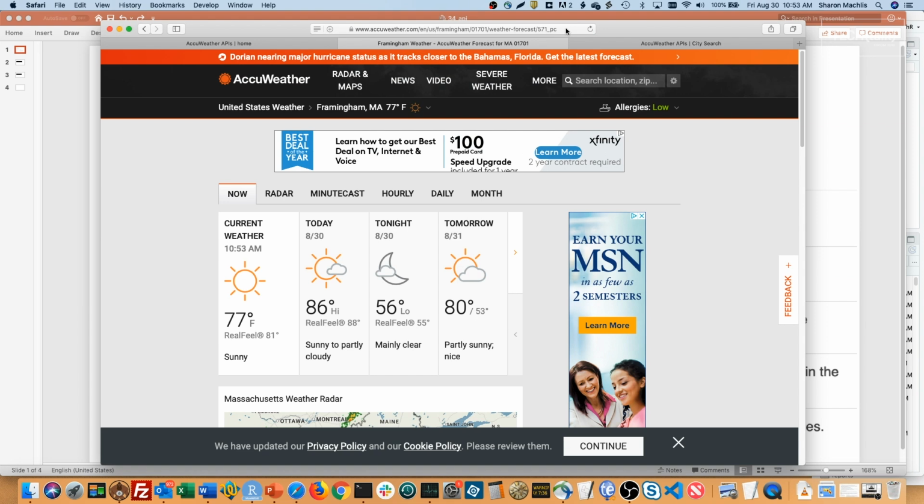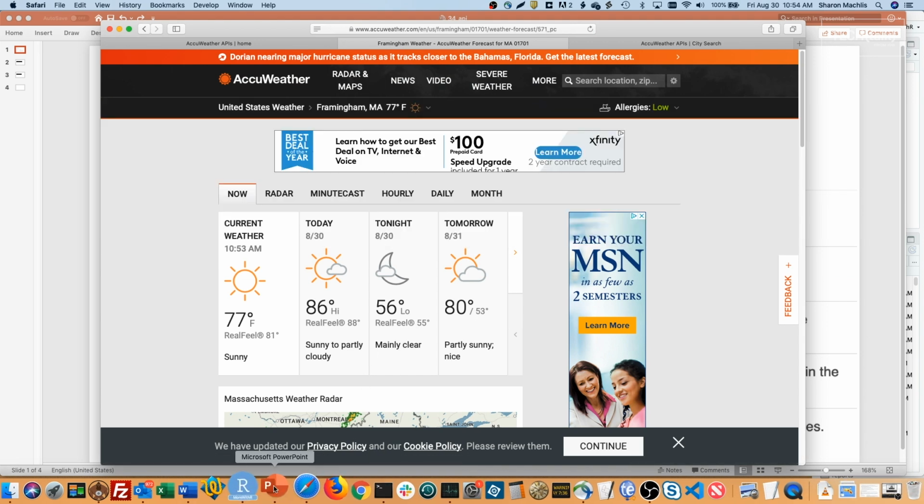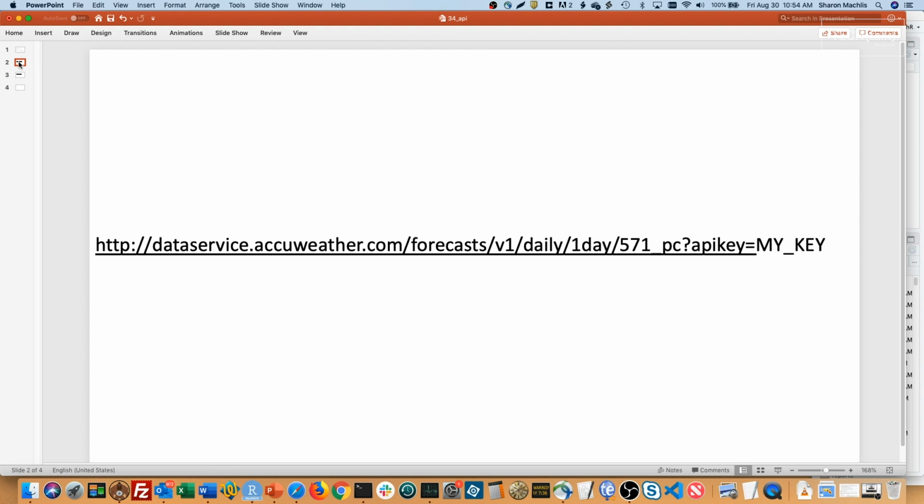Query parameters for specific data requests get tacked onto the end of a base URL. The first one you add starts with a question mark, followed by name equals value. Any additional key value pairs are added with an ampersand, followed by name equals value. So let me show you. Just to add my API key, the URL would look like this. See how the API key is tacked onto the end of the base URL with a question mark, and then API key equals what my key value is.